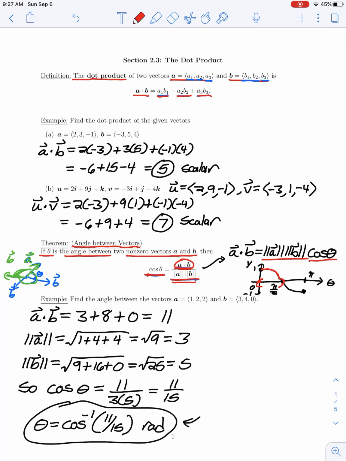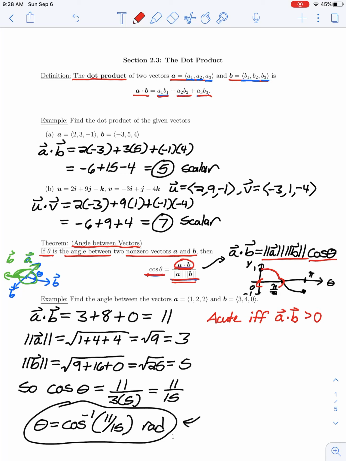So if the dot product of my two vectors is a positive number, that means that cosine of theta is positive, and the angle would be acute. So a little summary here, we would say that the angle is acute if, really if and only if, the dot product of A and B